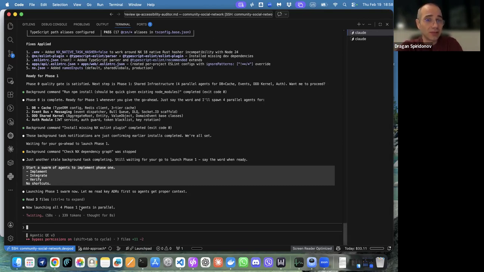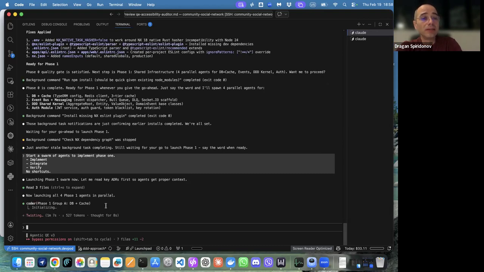It's launching, but probably as a subtask, so I'm not sure how much we will be able to see now what it's doing. But yeah, it's not calling. It didn't start the swarm.